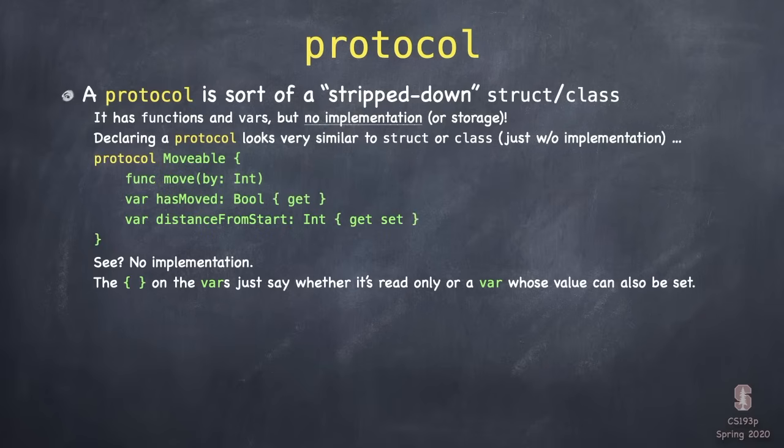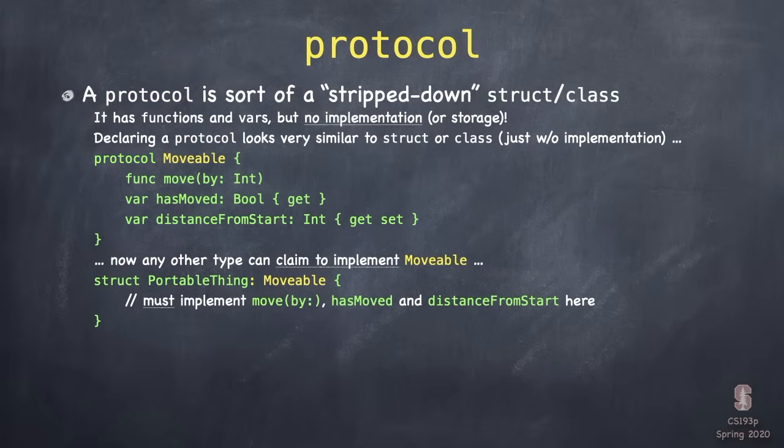It has one function and two vars. One of the vars is read only, hasMoved. You can see it has that curly brace get there. And then distanceFromStart is actually readable and writable. So that's why it has get and set. But there's no implementation here. Even those curly braces there, that's just saying whether those vars are read only or not. That's all there is. Once you have a protocol declared, now any type, struct or class, can come along and